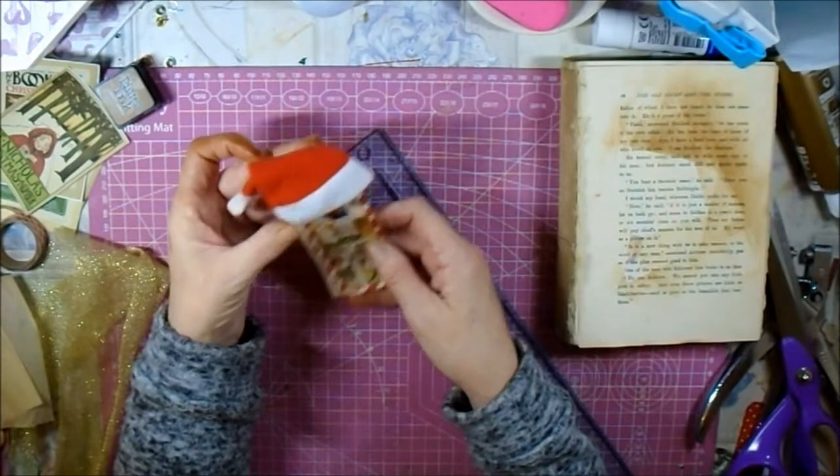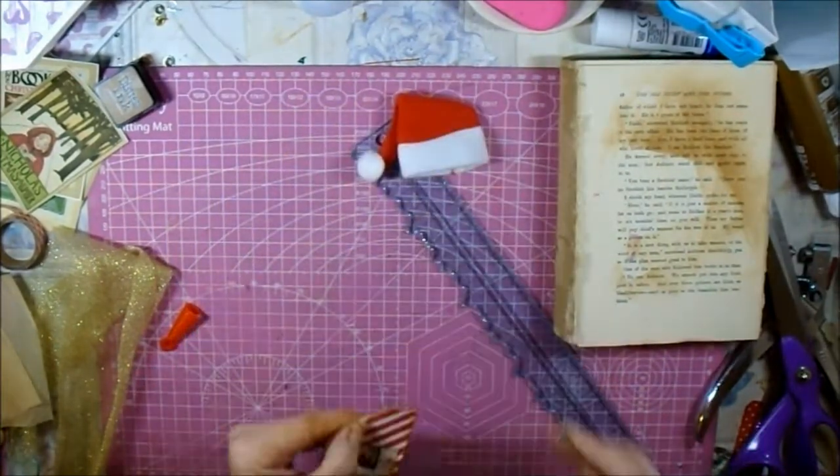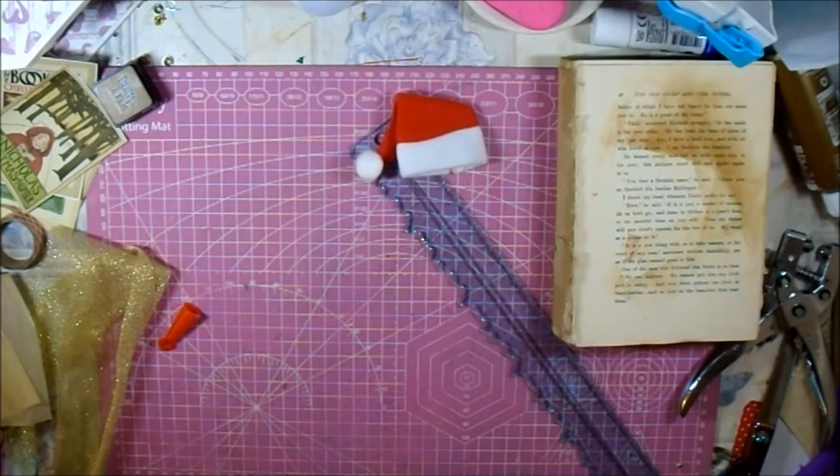Actually, I might not glue it at all. I might just have it on there, you know, like that. And then they don't have to have it if they don't want it. I think I'll take a bit more off with,